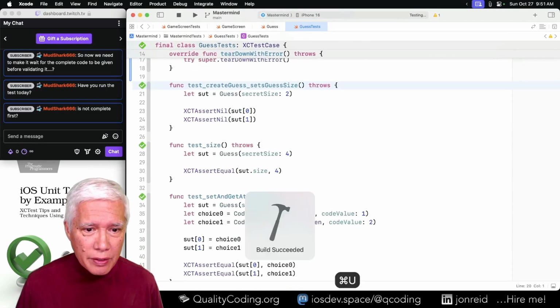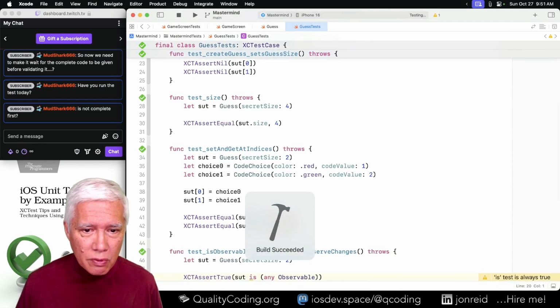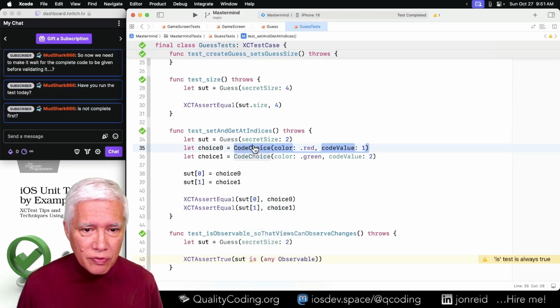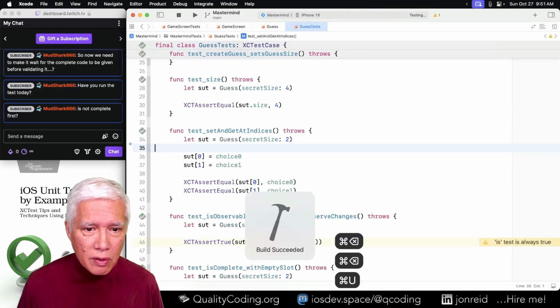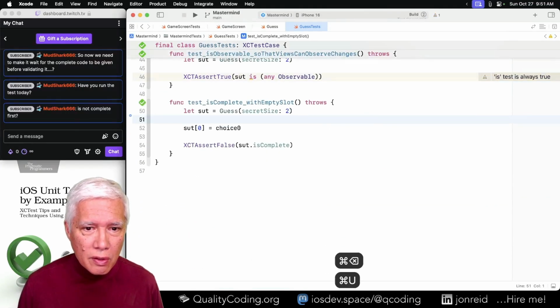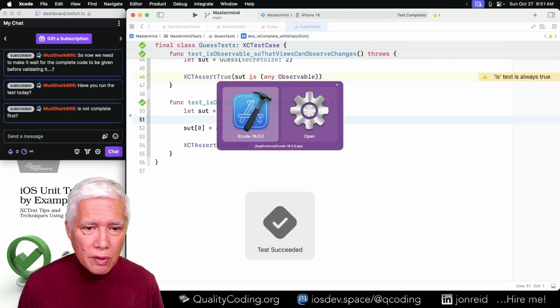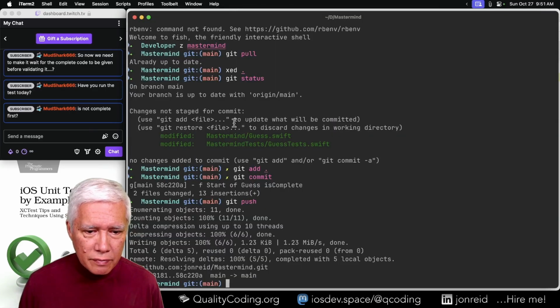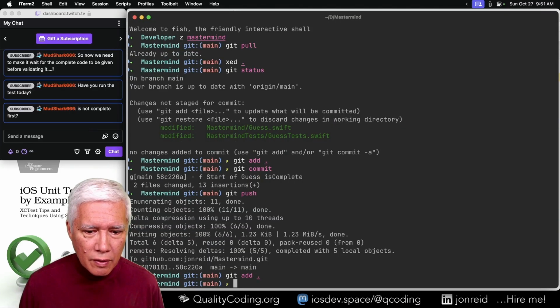All right, now we should be able to get rid of stuff. Good. So that is a test fixture.